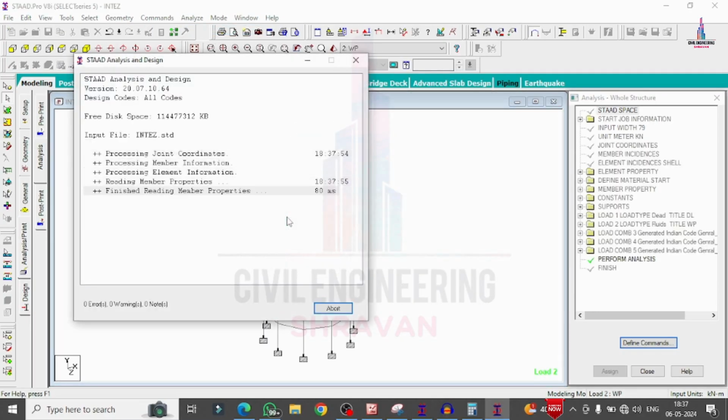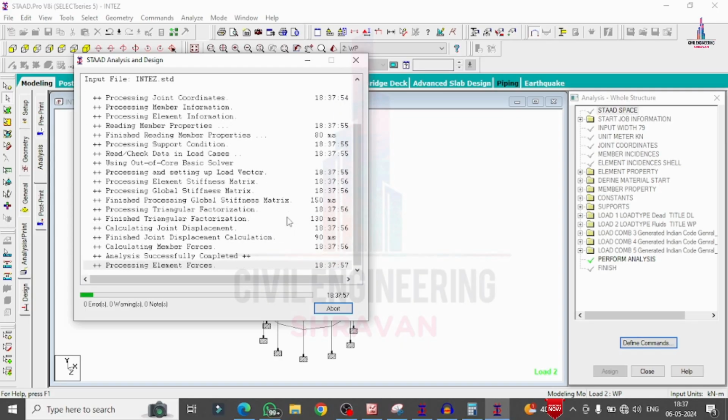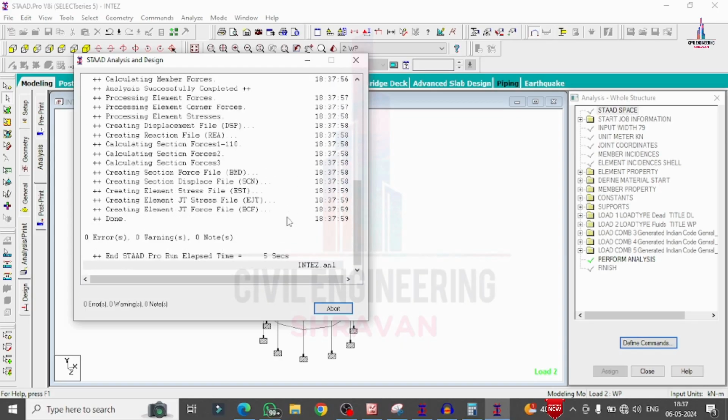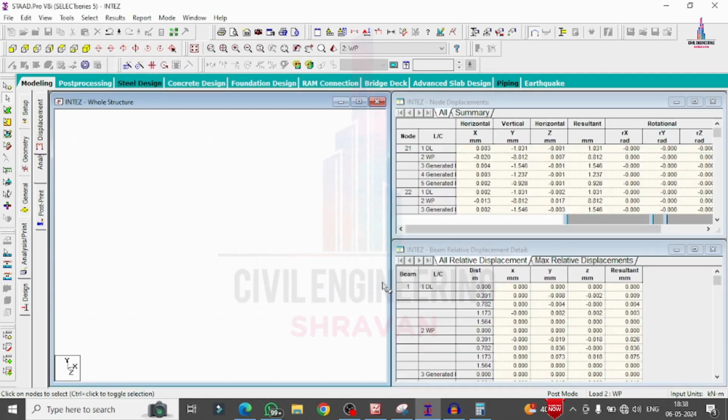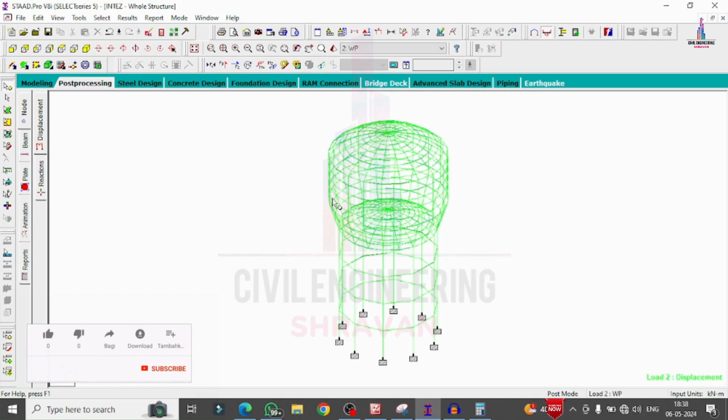Here we have to check for zero errors for the structural model once again in the analysis results. You can see it was observed with zero errors, zero warnings, zero notes for this structure. Go to the post processing mode option, click on none. In the analysis results, basically we will see the deflection, shear, bending, torsion, time period, frequency, etc., based on the considerations of the building.